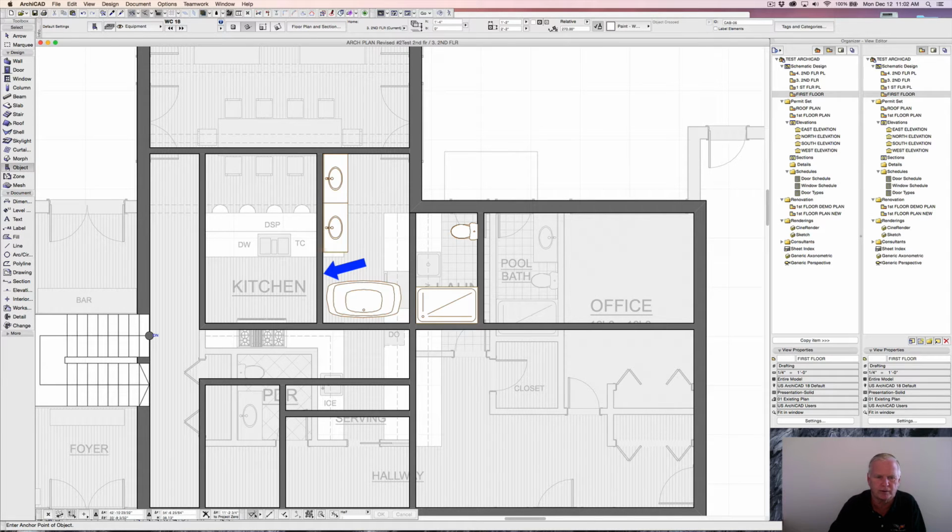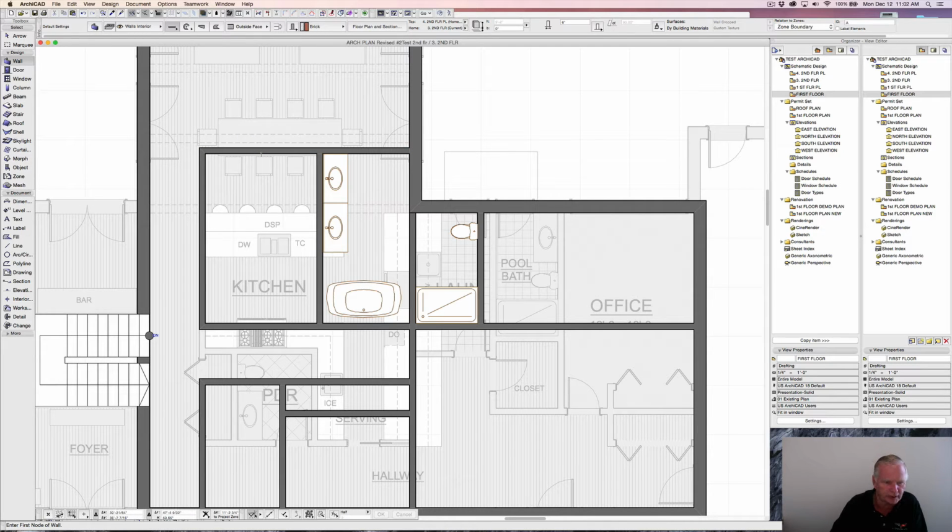Tub's here. We'll see if we can get a door into there. This is going to be the master closet, and I'm going to want another door coming out somewhere here. So maybe what we'll do is eliminate this wall, click and cut it out. We'll suck up wall tools, and I'm just going to estimate this right now. Let's pull it off of this wall and say down about